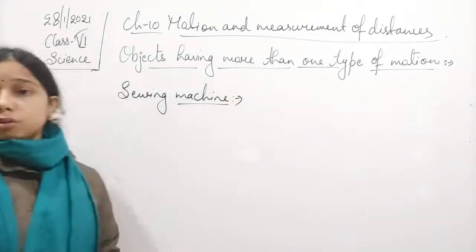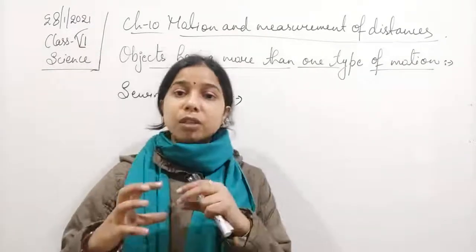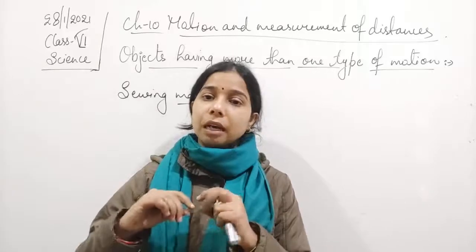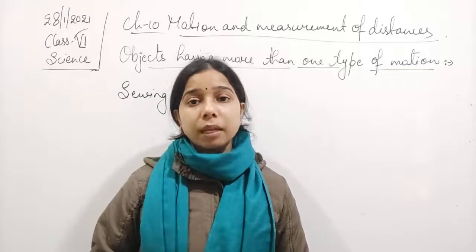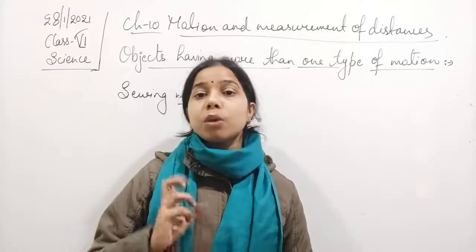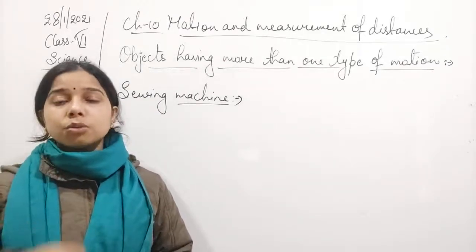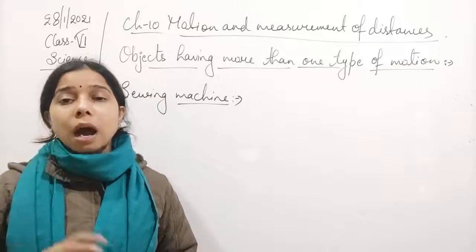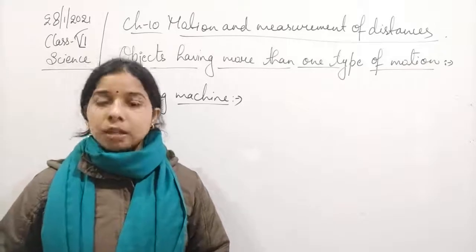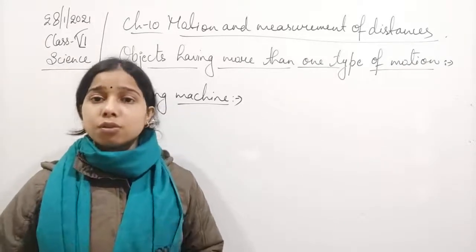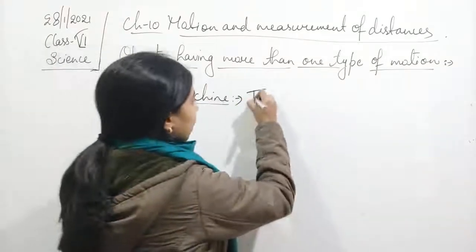So here it is also showing a kind of motion, since it is rotating. If you see the wheel of a sewing machine, students, you will find that it is rotating on an axis. So the kind of motion shown by the wheel of this machine is rotational motion. And if you see the needle also, while rotating, the needle goes up and down. So we can say that this is a kind of periodic motion. Even when the wheel is moving, it is also showing a periodic motion.